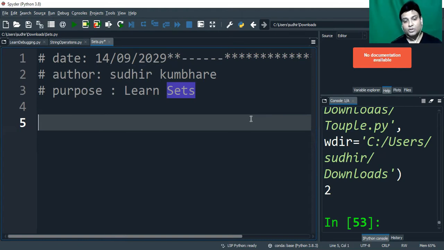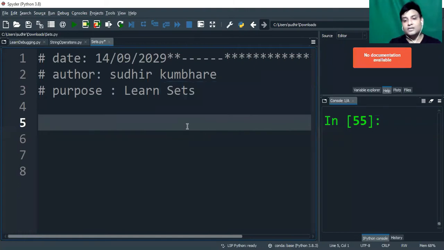The requirement is you have to extract the people from both the sets who are interested in watching romantic movies, so that Netflix can send them recommendations for romantic movies as well. I hope you are clear where we have to use it. Yes, for intersection, for union. For those kinds of operations, we have to use sets. Let's try to understand sets with a simple example.